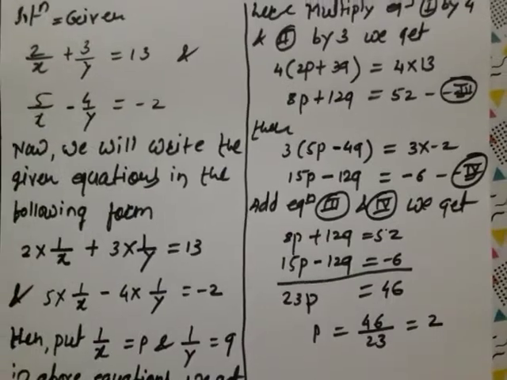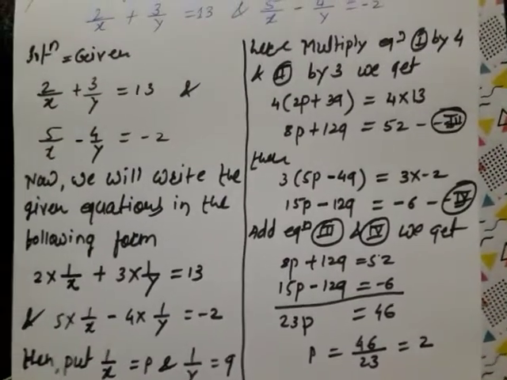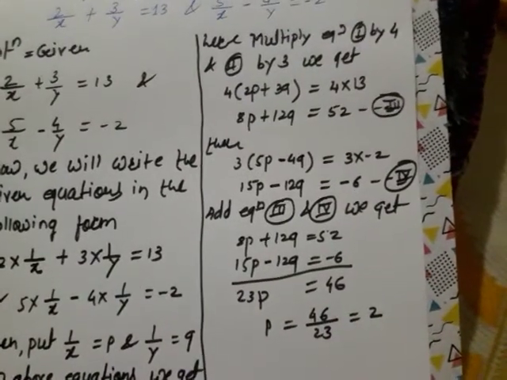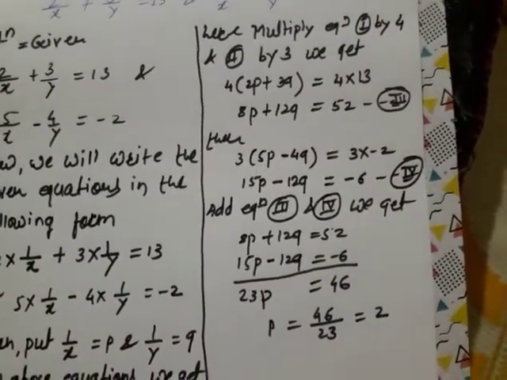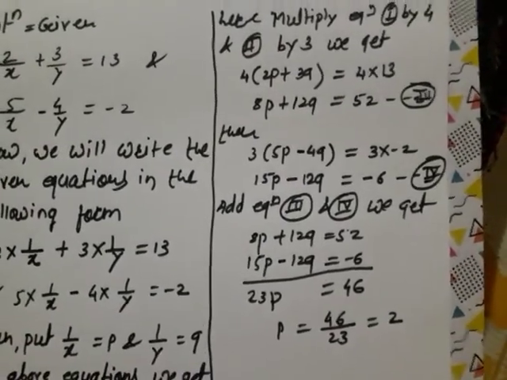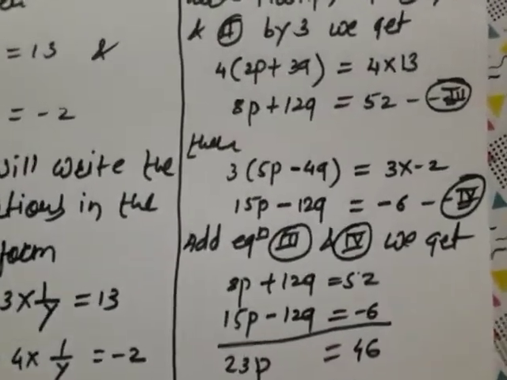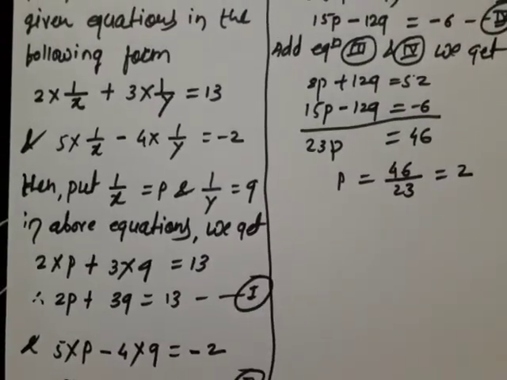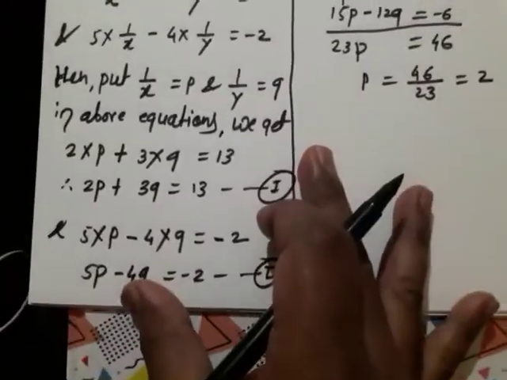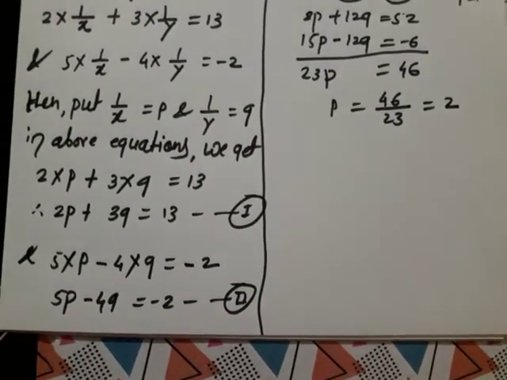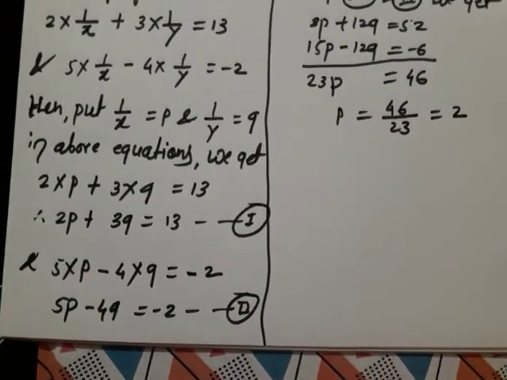Are you getting? Here example is not finished. We got only value of p. Now we have to find out value of q. You know that as usual we are going to put this value of p in one of the other equations. Now here we are having 4 options. Look here, equation 3, equation 4, equation 1 and equation 2. You can put this value of p in any equation, we will get the value of q. Now we will put this value of p is equal to 2 in equation 1.